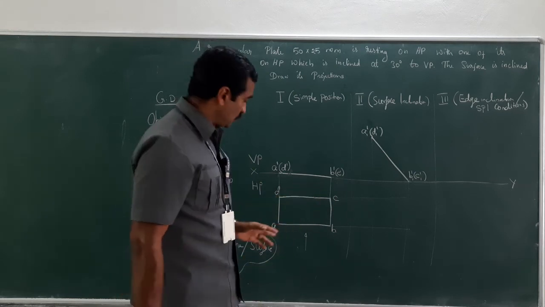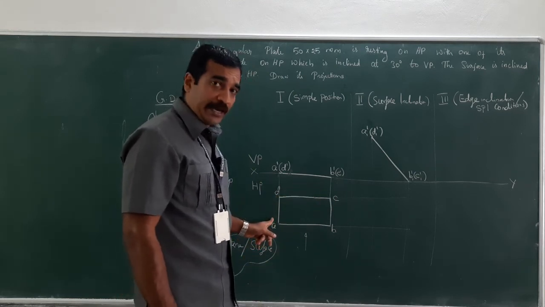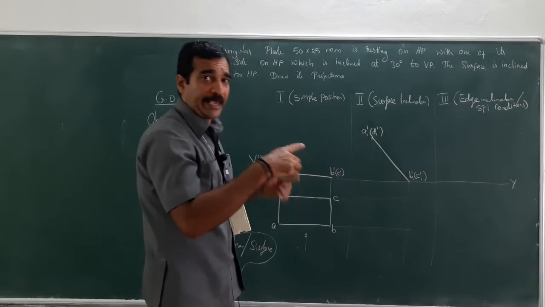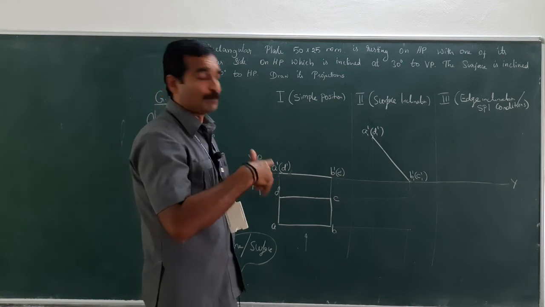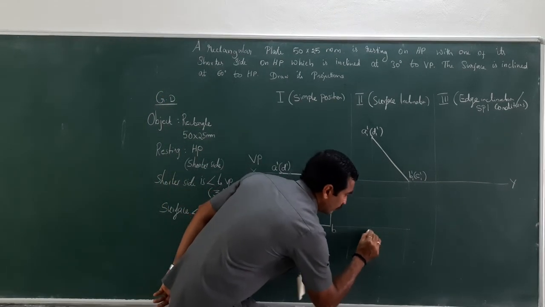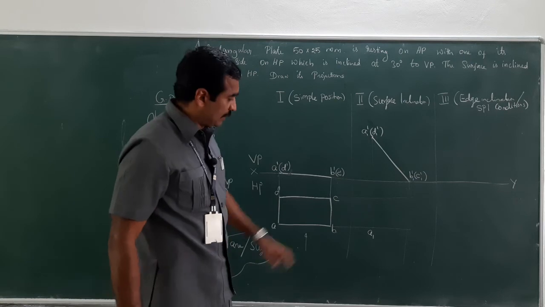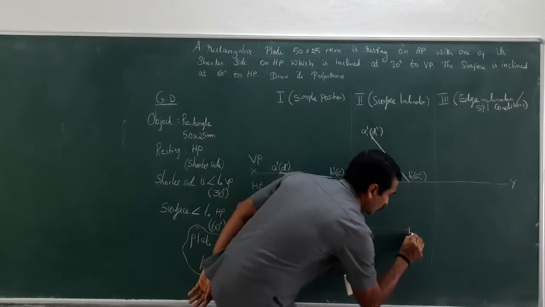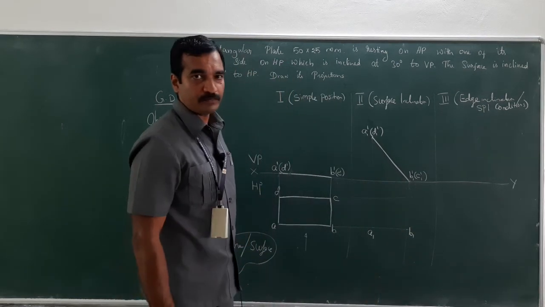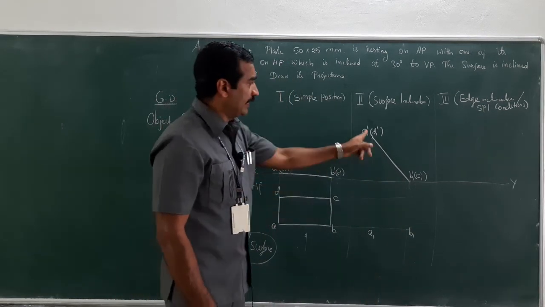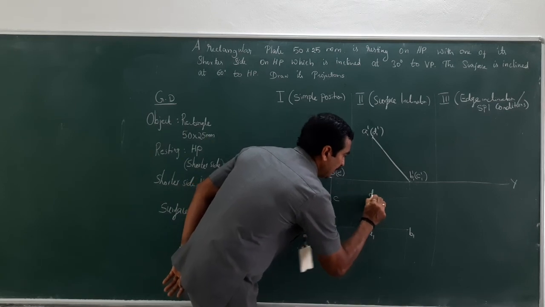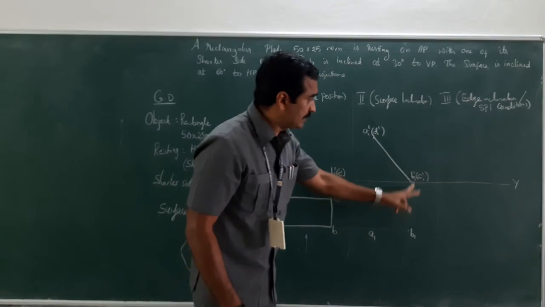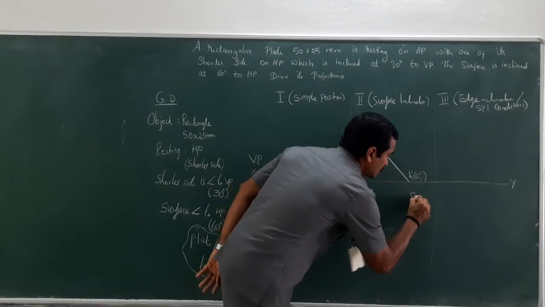So, how is that possible? Look at here, point A. Where the point A is merging together, that is the intersection point of A. This is A, therefore this could be A1. Here B is intersecting here, therefore this could be B1. Then D is intersecting here, this could be D1. And C is intersecting here, therefore this could be C1.